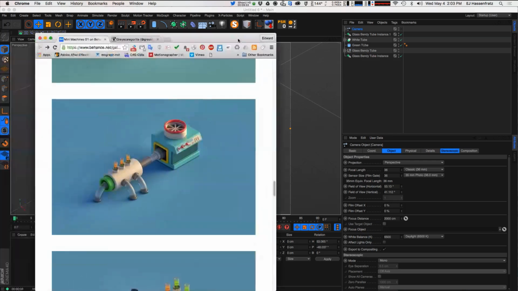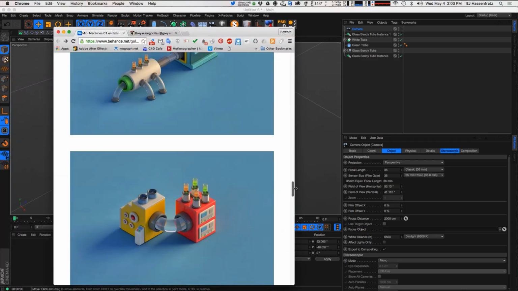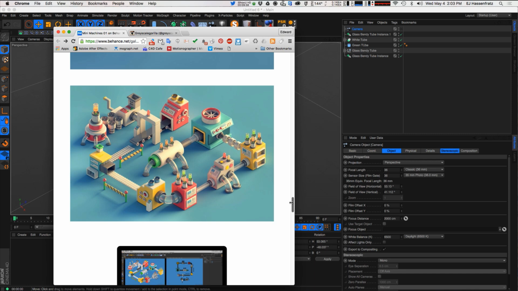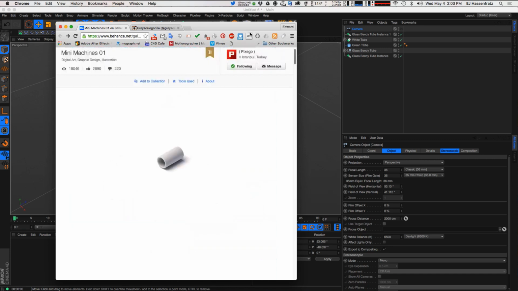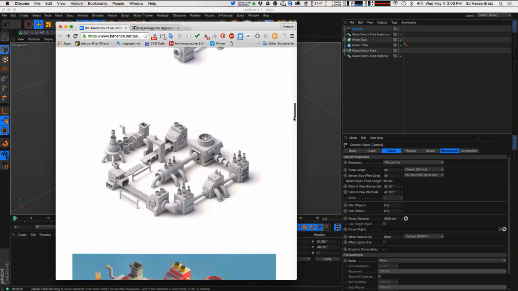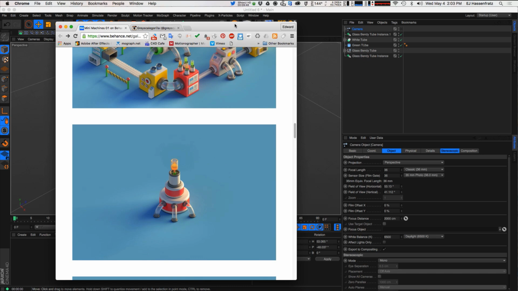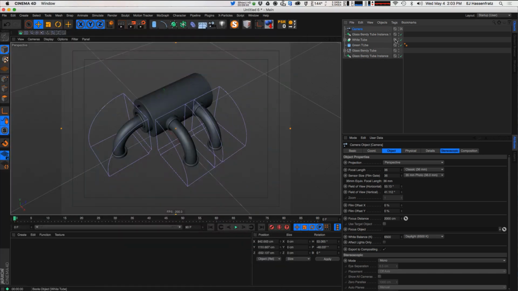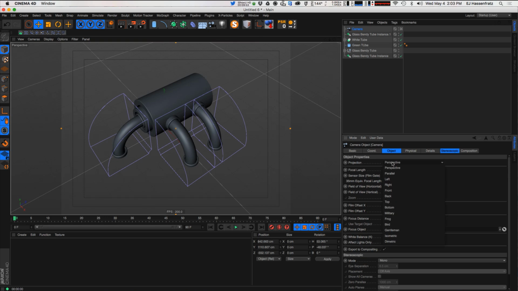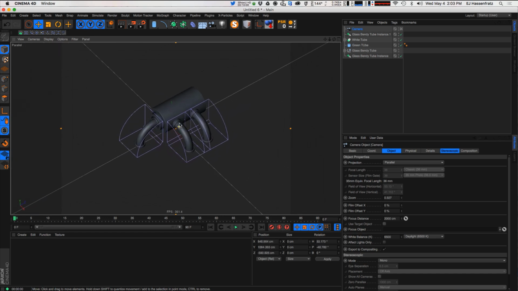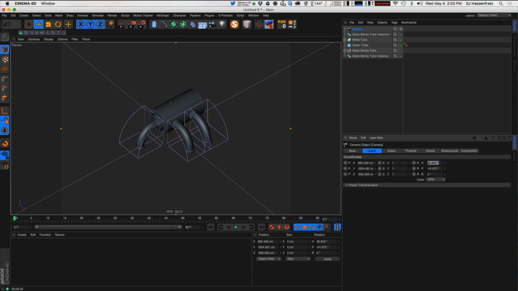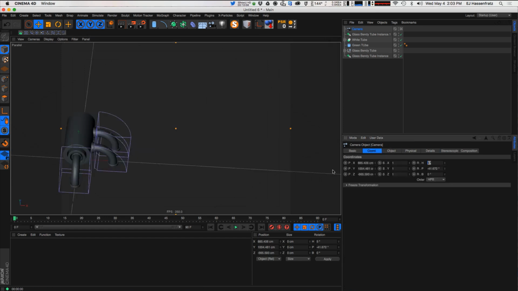Basically this is kind of the camera view they use, like an isometric kind of view here. I like to call it the Sim City camera view. So I'm just going to recreate that. I got my camera here. I'm going to look through it, clicking the little button right there. Going to change this to parallel, and now you can see that our composition looks a lot flatter. So it gets rid of that perspective distortion, depth kind of thing. SimCity view. That's my official name for it. So let's just do like 45 and